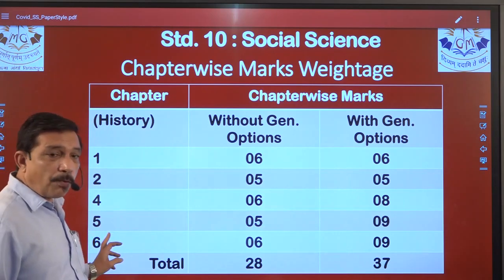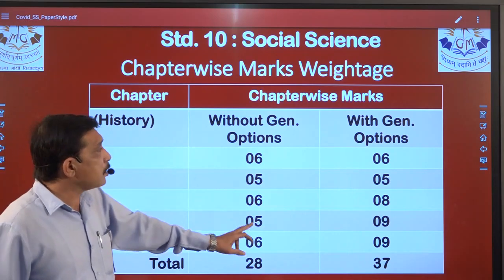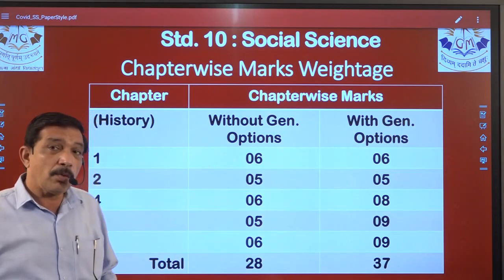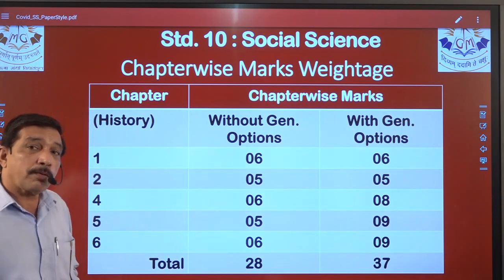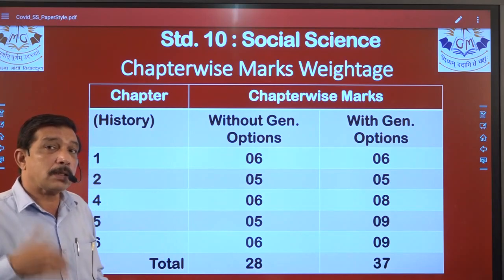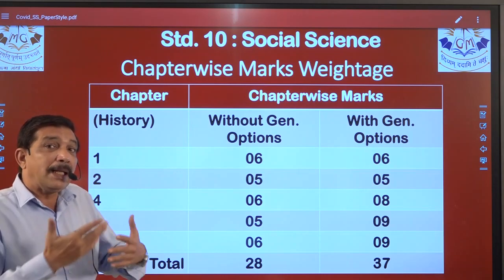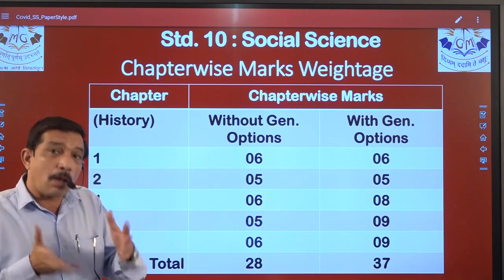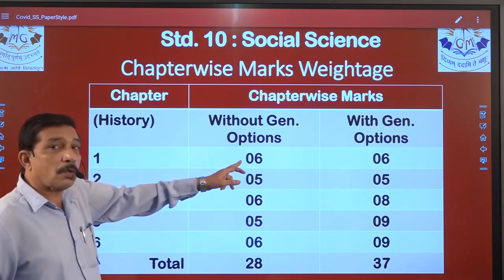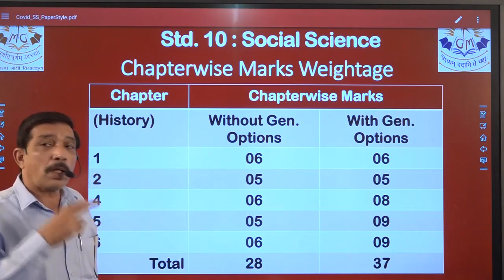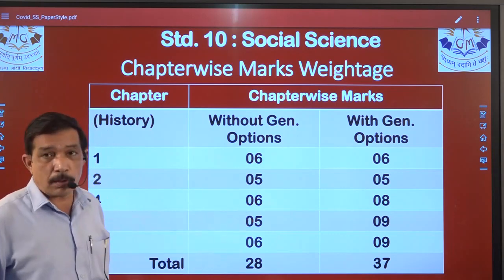Same way chapter number 5 is 5 marks without option but 9 marks with option. So we have more options over there, right? We have a greater number of questions over there so that we can answer properly. If we are not aware, we forgot some points in one of the questions, then we can attempt another one because an option is available. Yes, but it is not so over here. Here 2 questions are asked and both are compulsory, right? You do not have any option, but here you have an option, right?